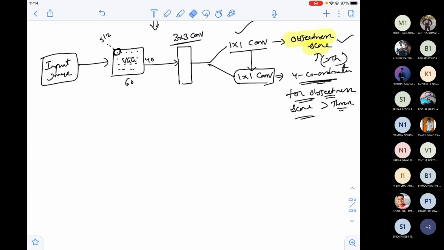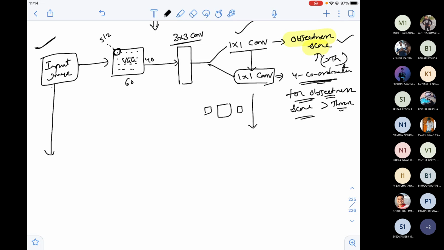After this, we get all the different sized boxes where there is a high chance of having some object. This is just to get the boxes, but what I have to do at the end is draw the bounding boxes, and I also need to identify what the object in that bounding box is.